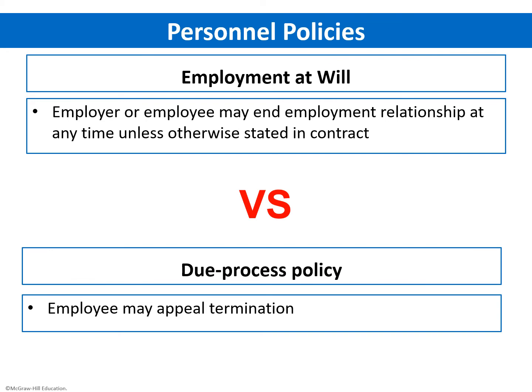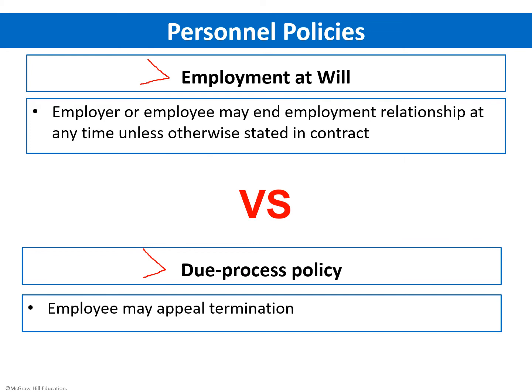Another important policy decision to consider is whether your organization is going to engage in employment at will or you're going to have a due process policy. Now, if you're employment at will, basically the employer or the employee can end the relationship at any point in time. Okay, so the employer can fire the employee without cause, the employee can quit without notice. We basically agree that either one of us can end this at any point in time. Now, what that does for the employer is it gives them a lot of freedom in the decisions that they're going to make, but it also creates a perception that there is a lack of job security, and that may not be very appealing to candidates out there.